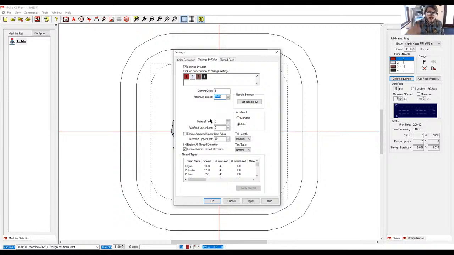Auto feed lower limit, that's just the lowest that we're letting that active feed drop. And right here we have the enabled upper limit. I usually just leave mine off, or I just leave it at 40. I usually don't see anything above that. I mean, 3D puff and stuff are exceptions, but